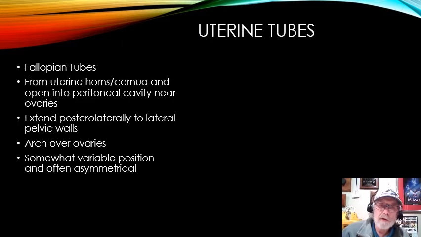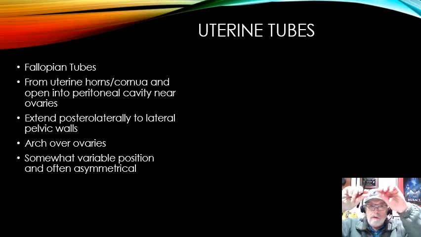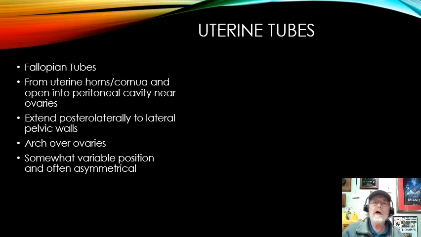The uterine tubes are called the fallopian tubes, and they start at the cornua, or the uterine horns, at the superior portion of the uterine cavity, and open out. It's a tube that widens as it gets towards the end, near the ovaries. The ovaries and the end of the fallopian tubes are actually held in a ligament, and this ligament suspends them from the side. The fallopian tubes will extend out almost to the lateral side of the pelvic walls. We're not talking about a big space, but almost the lateral side of the pelvic walls.